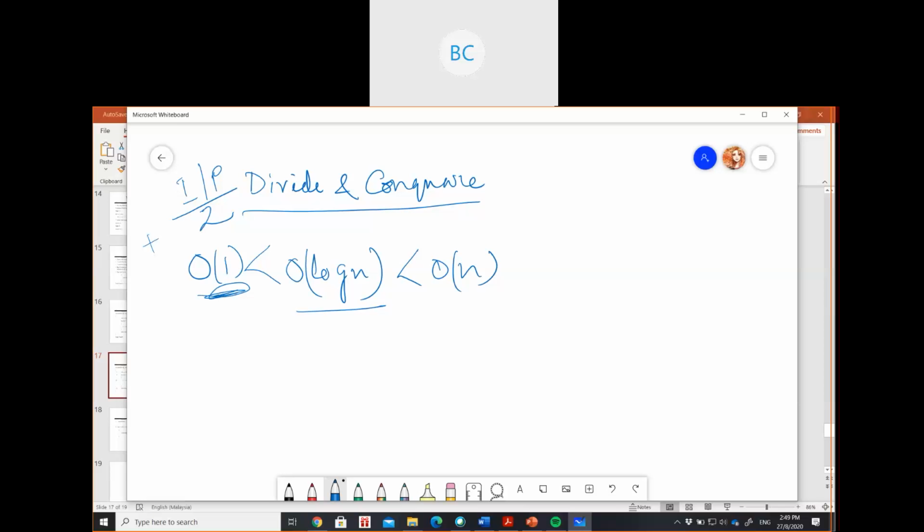So you can see n time is a bit more than log n time. If some algorithm like your linear search has complexity of O(n) and your binary search has complexity of O(log n), that means your binary search is faster than linear search. Then comes your n log n.